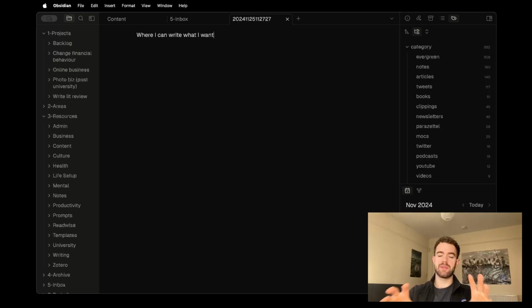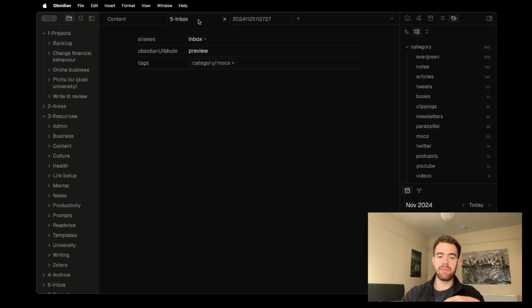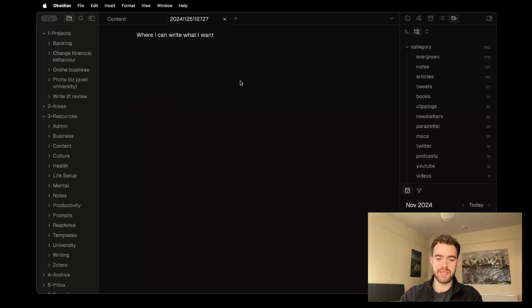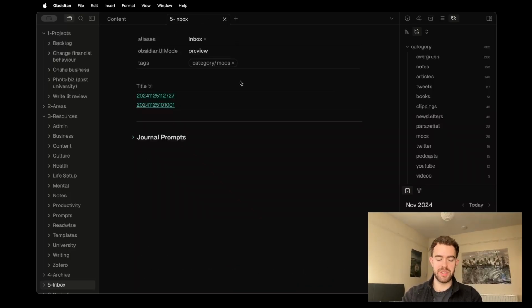And there's no limit to the type of information that I write in these notes. It's simply a quick capture mechanism that I will then be able to find later in the inbox. So if I close that file up there, I can open it again, see it's quick access to all of the captured information and files that I haven't yet organized, and then at a later point I can organize